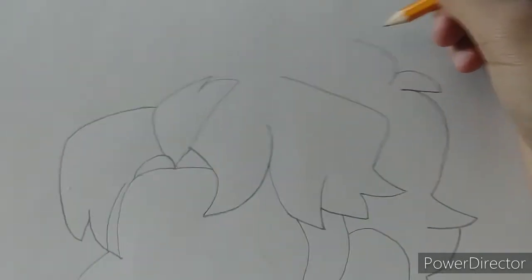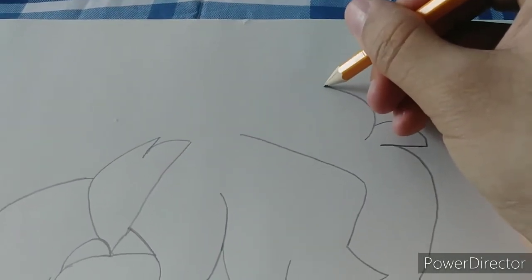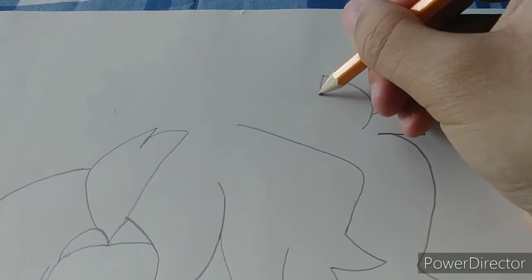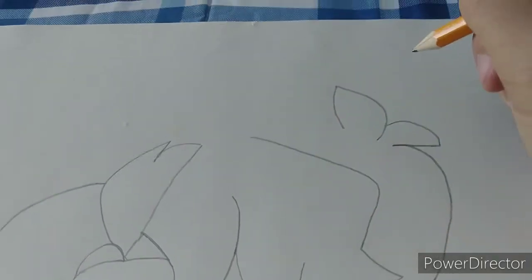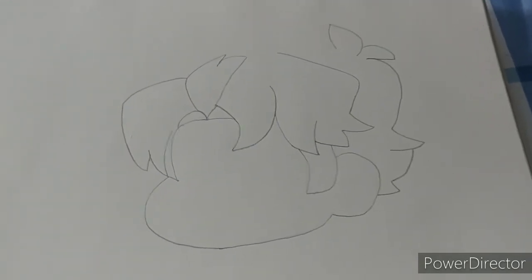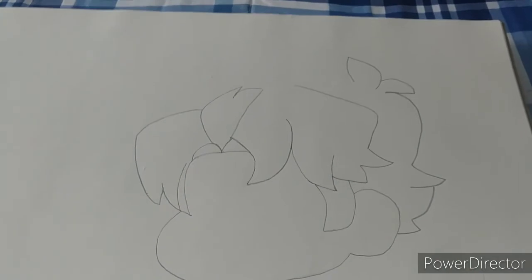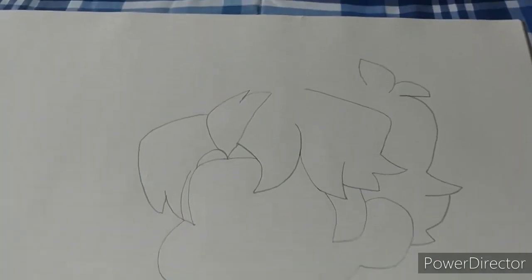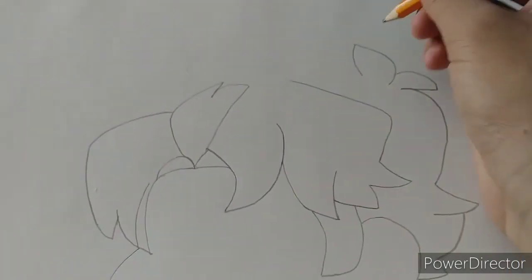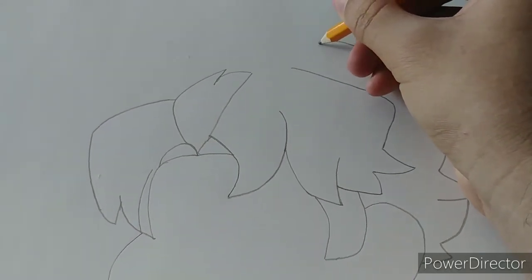And see, it looks really, really nice. So now you are gonna bring it back down like that. And if you've seen anime characters before, you know what that little thing is. It's a little cute thing on their hair. I don't know what it's called, but it's adorable. So now we are gonna bring it back over here,